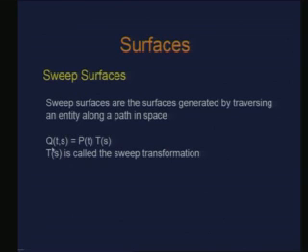So, again I can represent the generated surface as a biparametric function using the parameters t and s, where I have the curve or an entity defined through P(t), and this is what is causing the sweep, T(s), that is the sweep transformation,